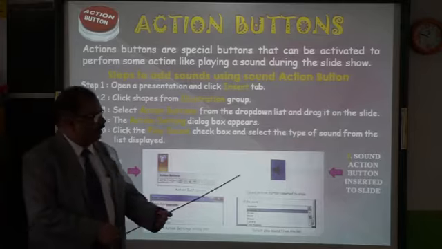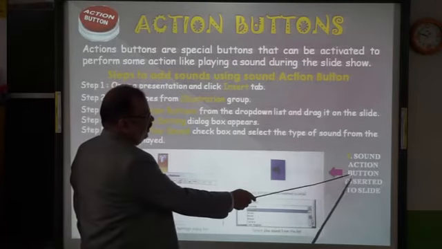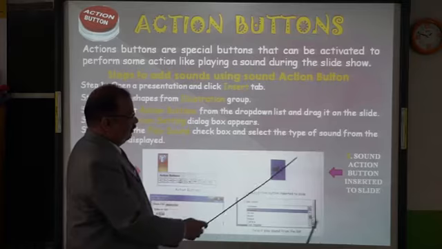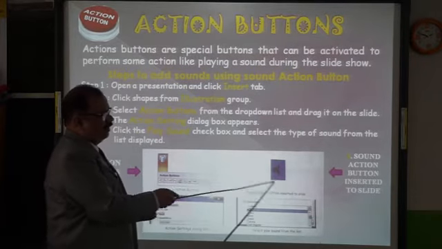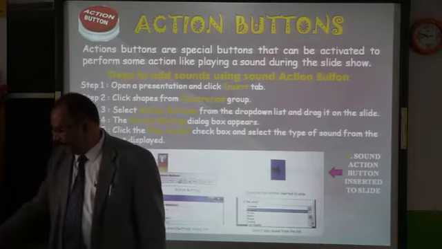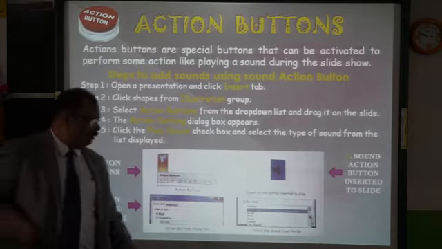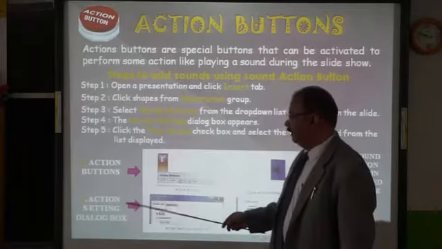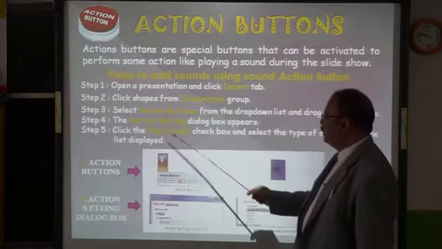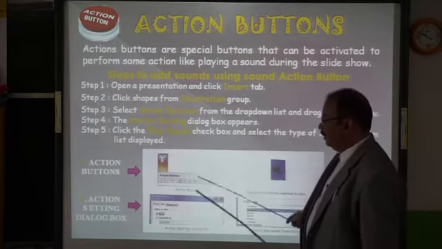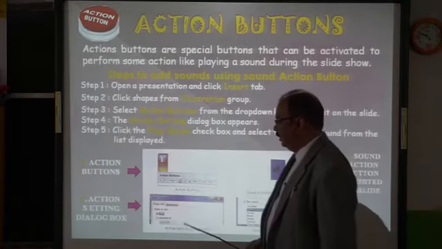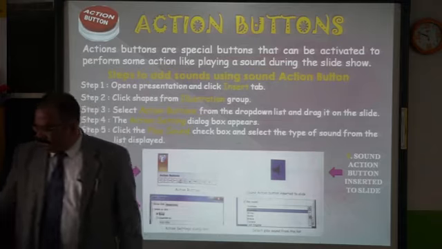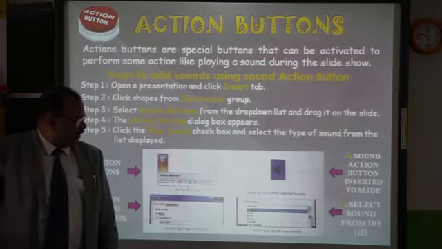The second thing you have to do is the sound action button inserted to the slide. So you have to drag it to the slide. This is the sound action button. Then the third one here is the action setting dialog box. The action setting dialog box appears. You have to choose the options here, and the last